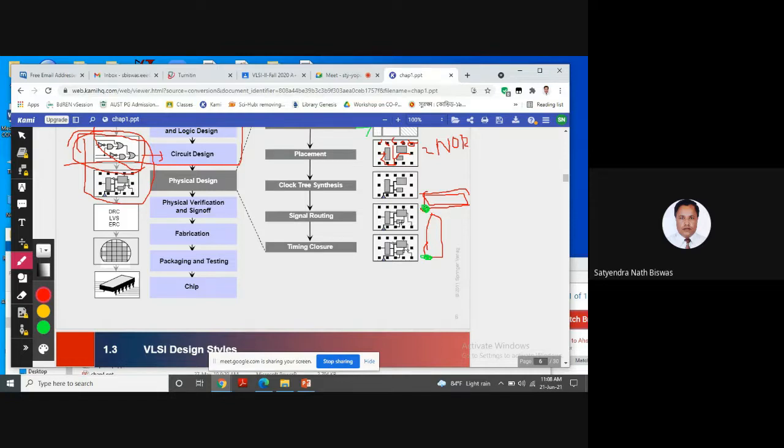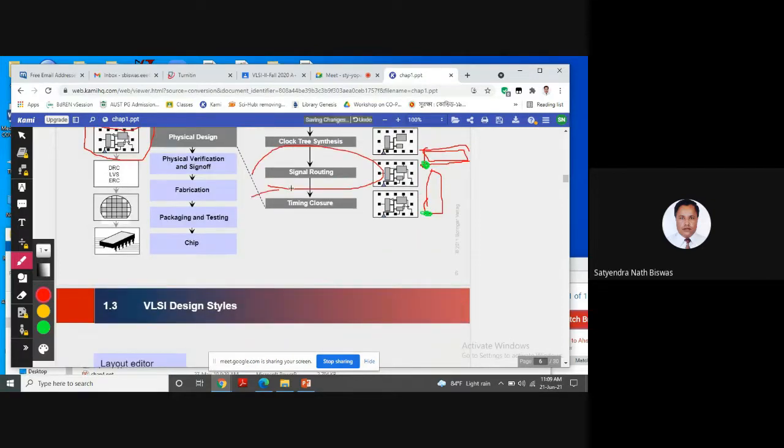If it is not, then we have to apply some other algorithm to make sure that the length of the wires is minimum and the connections are okay, right? All the output signals must be the same, the input signals must match the real truth table, but keeping those the same, we need to make sure that the length of the wire is minimum, right? Then that is finished, that is signal routing, and then finally we'll see the timing closure,